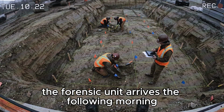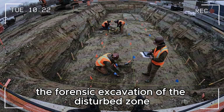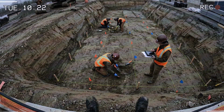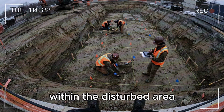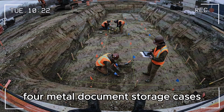The forensic unit arrives the following morning. The forensic excavation of the disturbed zone takes 3 days. It is systematic and slow. At a depth of 2.1 to 2.8 meters, within the disturbed area, the team recovers the following: 4 metal document